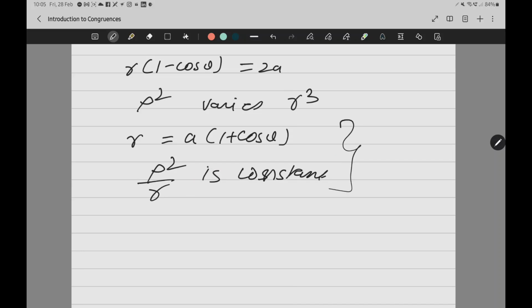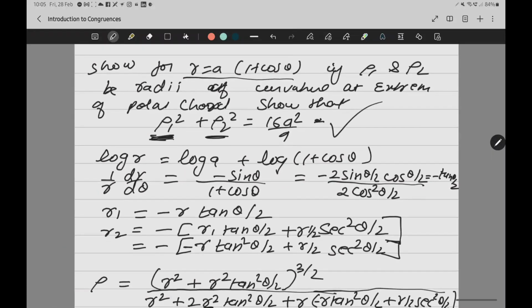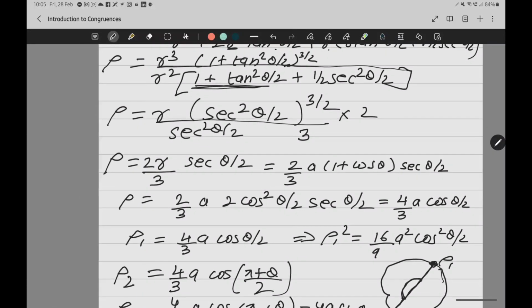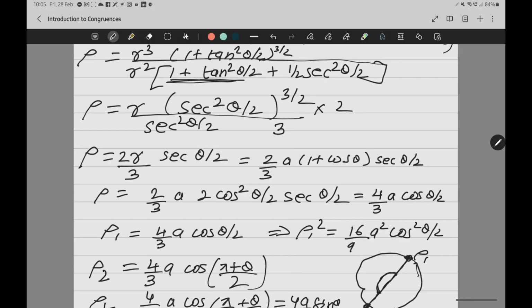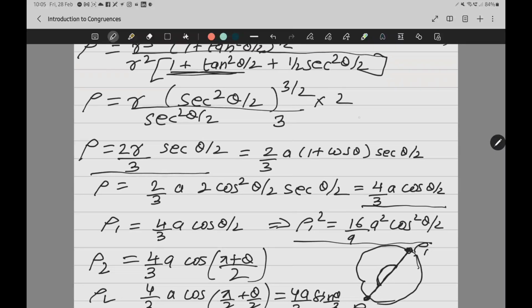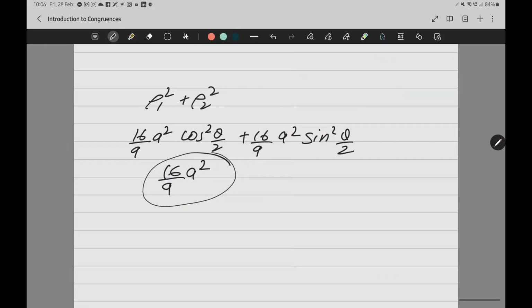So this is one question. Now see, go back to the previous question. Now I got rho value, right? What is my rho value? My rho value is this thing. And what is the question just now I wrote? Rho square by r is constant. So rho square, what is the value of rho square? This is the value of rho square. So rho square by r, if I do, it is a constant. See rho here directly, you can see the value here. So rho by r is what? Rho by r is 2 by 3 secant theta by 2. If you put the value of secant, then it will become constant. Correct?